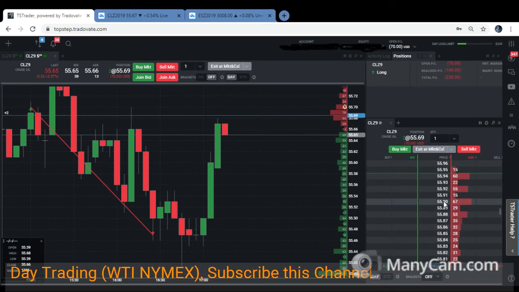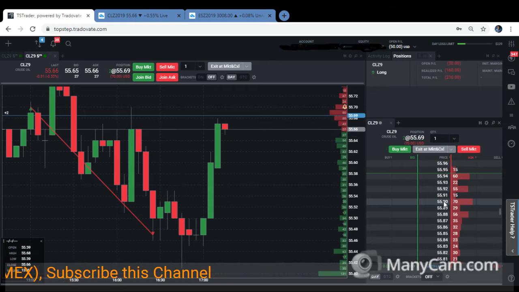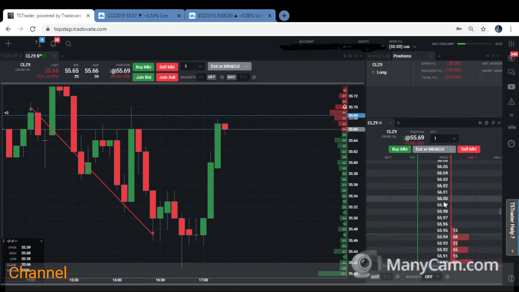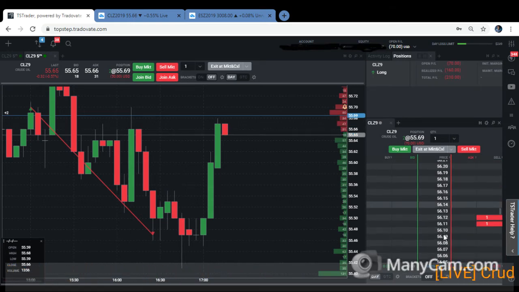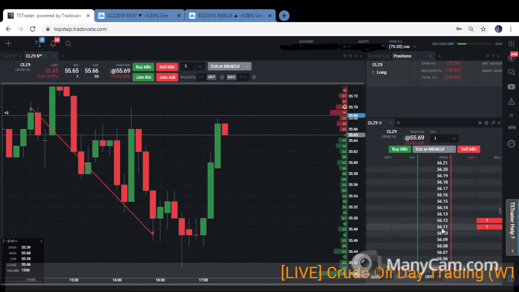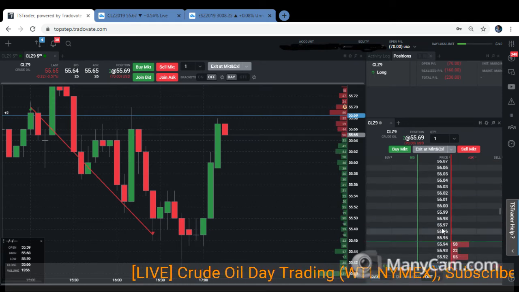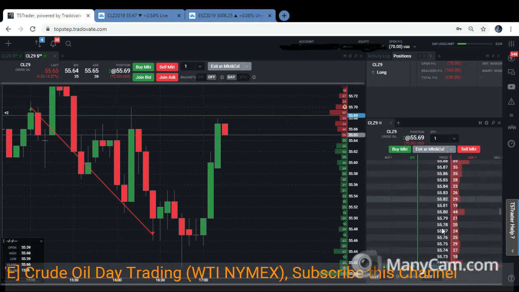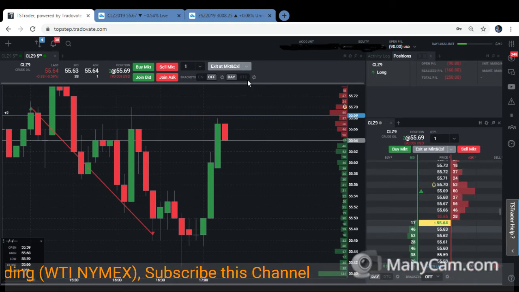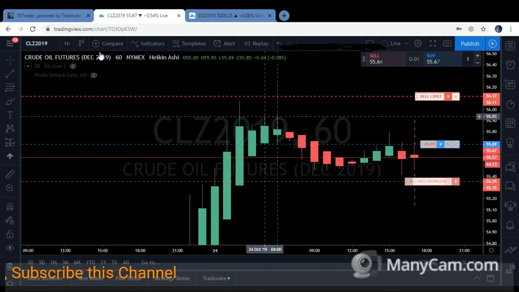Okay, so far there's no spike in the volume on the higher side. I'm expecting 56.00 and also 56.10 should be a good price exit level. We're still maintaining the same